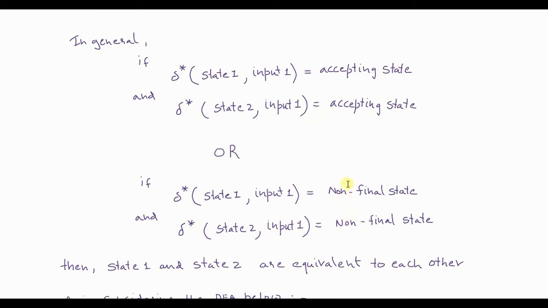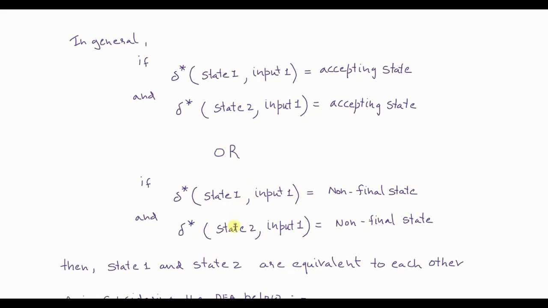Notice that these two non-final states may not be the same state. They may be different non-final states in the same automaton. But since both state 1 and state 2, on reading the same input, take you to non-final states, maybe the same state or maybe different ones,